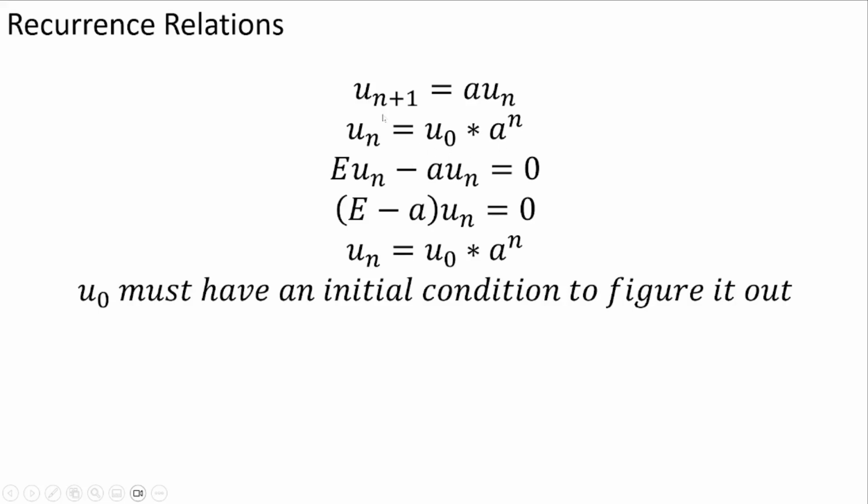Now, the last thing we wanted to talk about in this introductory video to discrete calculus is the recurrence relation. Let's say that we have a sequence that is defined as a number multiplied by the previous number. We can see that a recurrence relation like this can be thought of as un equals some initial condition multiplied by a to the n,